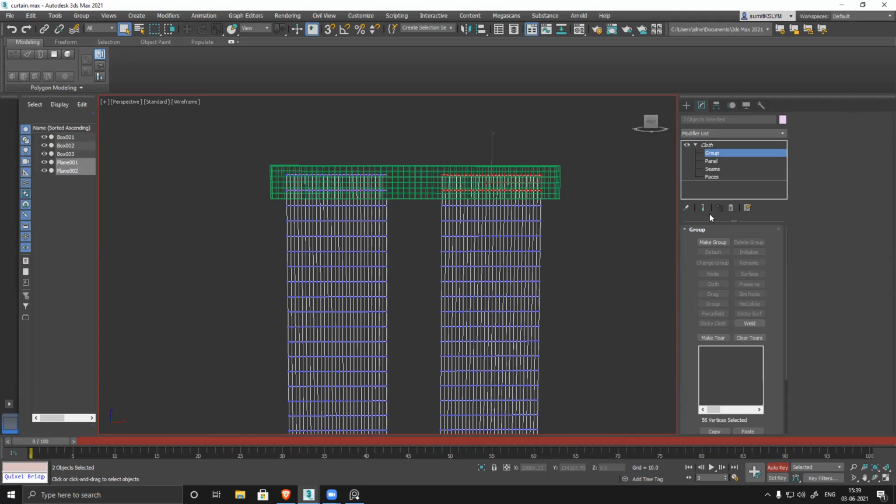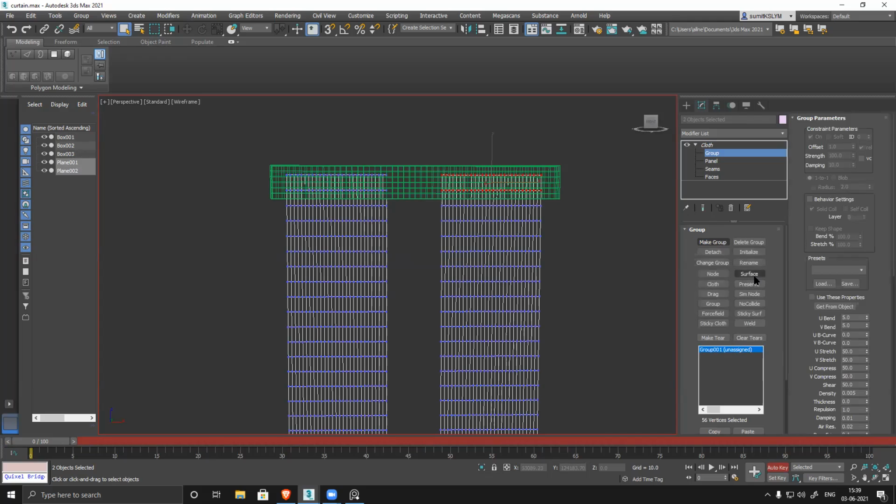Let's see if I can create two different groups. Make group one surface. Okay.